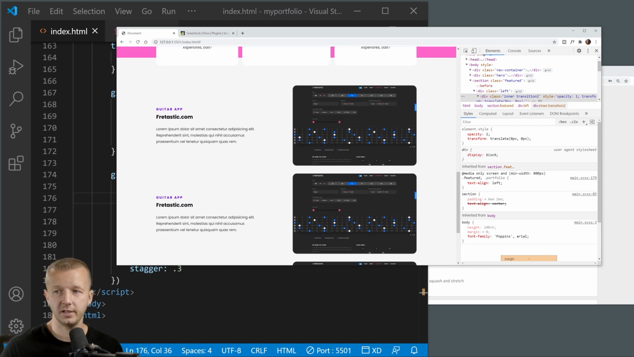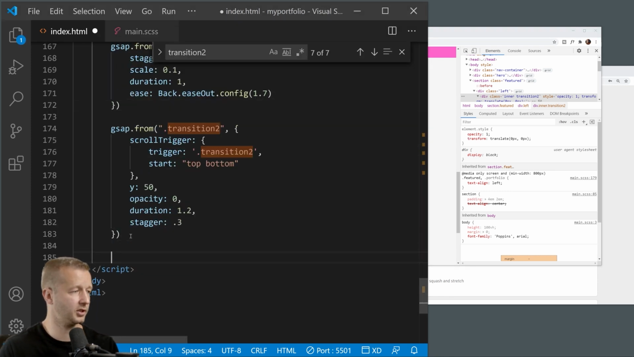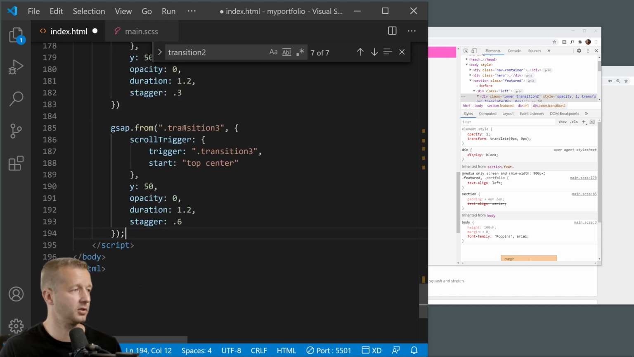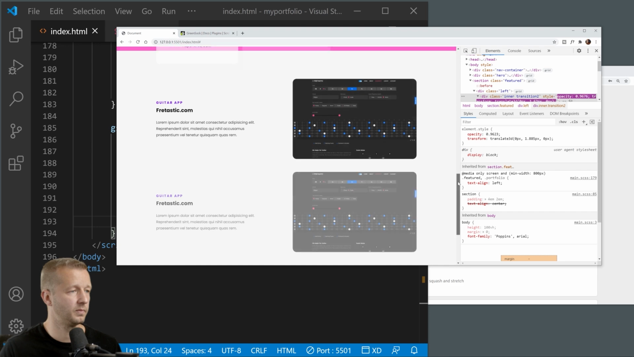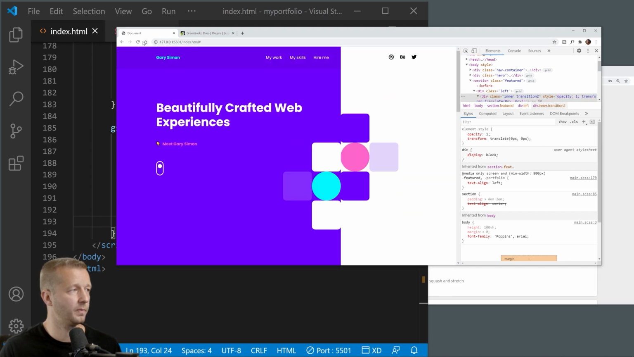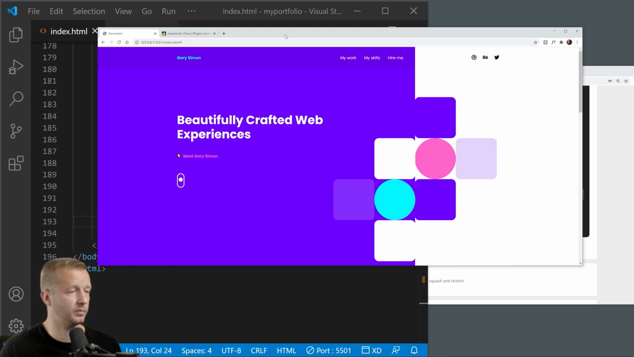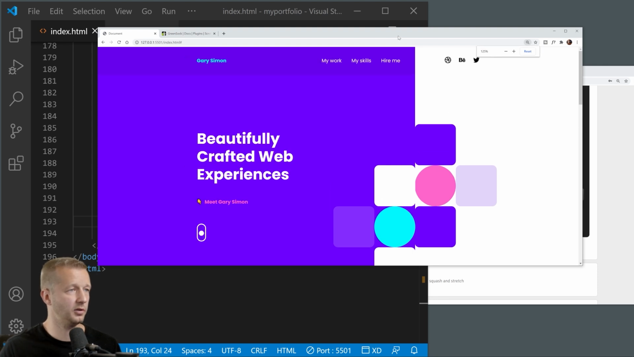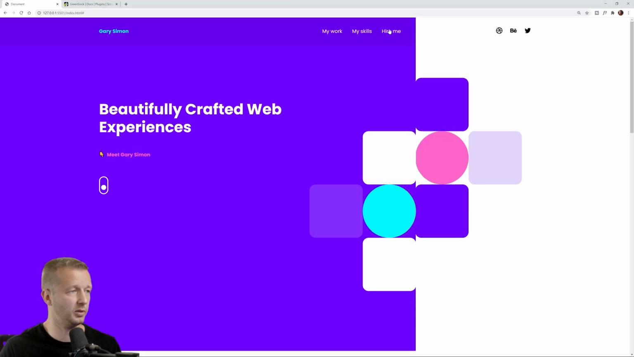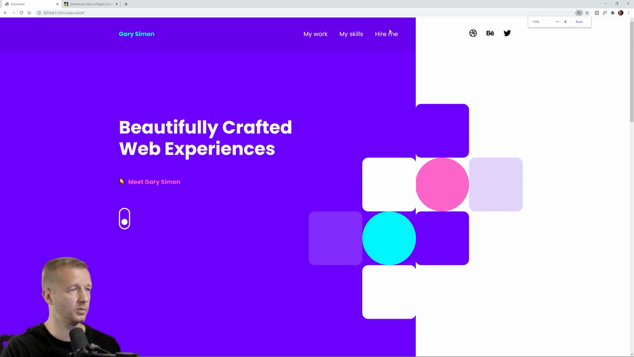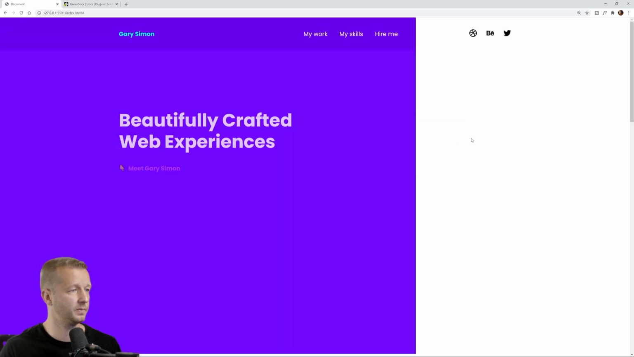So let's finally do these at the bottom, and this would be our final one. This time I'm not going to really bother. It's almost exactly the same thing. It's just targeting transition 3. So transition 3, top center, Y 50, opacity 0, duration 1.2, and 0.6 for the stagger here. So now let's close this out. I'm going to zoom up the browser just so we can see it a little bit better. So if I refresh,